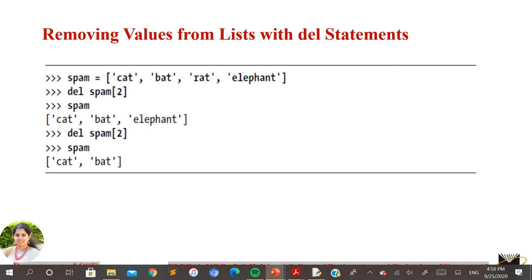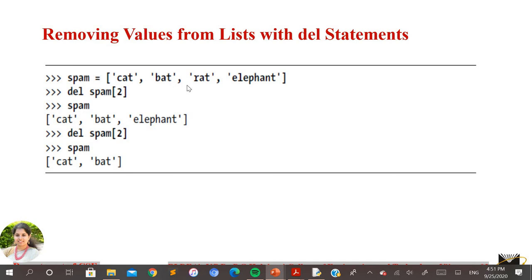So now we'll see one of the methods. I'm not saying that this is the only method here. We'll now discuss one of the methods where you can remove elements from a list. We have seen with mutability that we can replace an existing element in the list. But what if we wish to delete an element from the list? For that we are going to use a method known as del here.